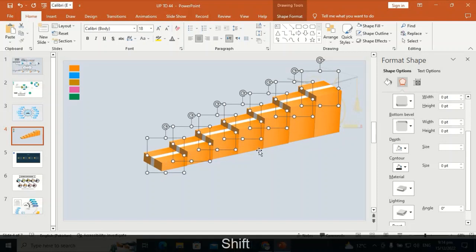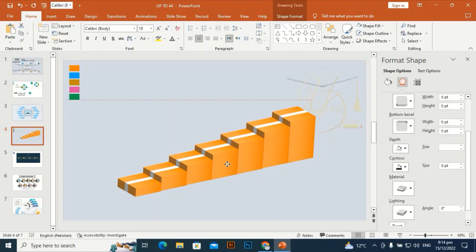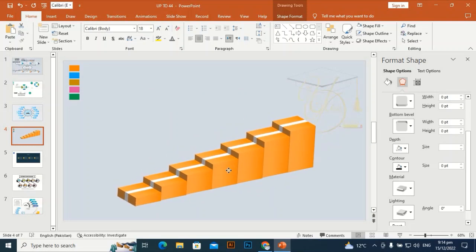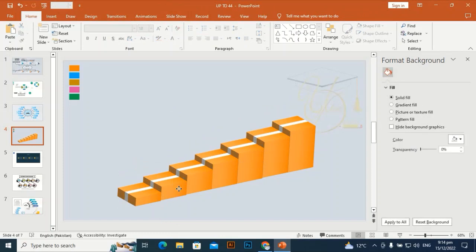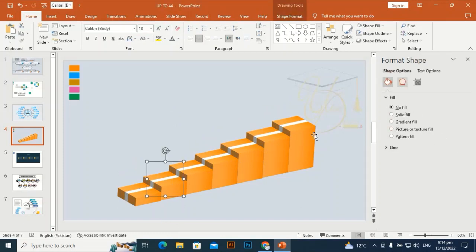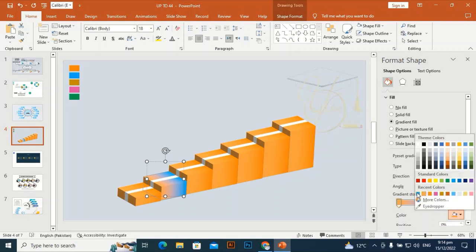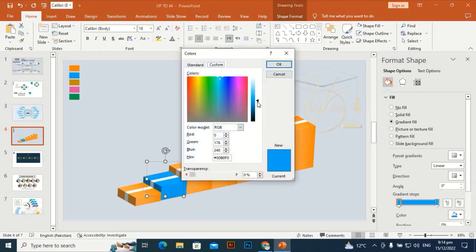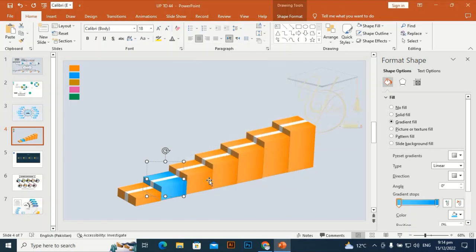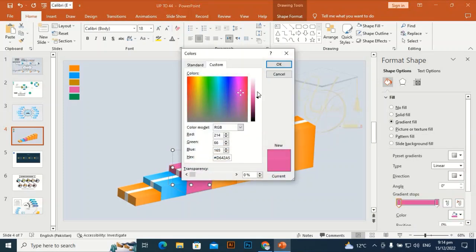Select all and place at the center of the slide and put it down. Now we will change their gradient colors. Pick this one and recent use color this one. Reduce the size and the color, decrease the color, and this one, it's okay, and go to more color, decrease the color,